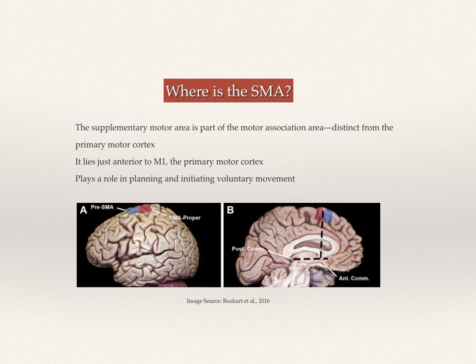It is located just anterior to the primary motor cortex and is part of the motor association area, so it's not part of the primary motor cortex. And it plays a role in planning and initiating voluntary movement. And we discussed in class an example where disruption to the SMA can cause issues with remembering sequences of learned